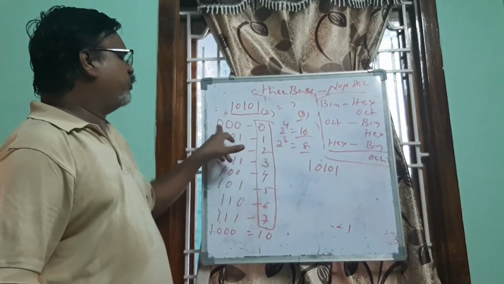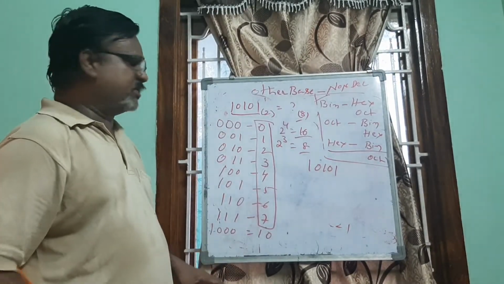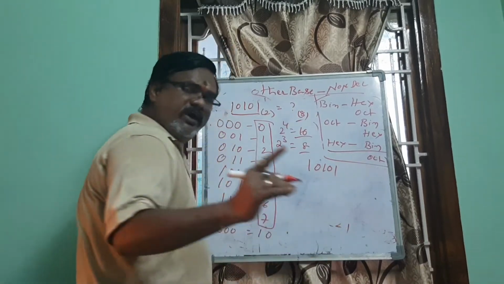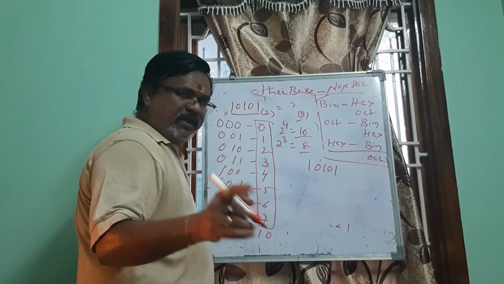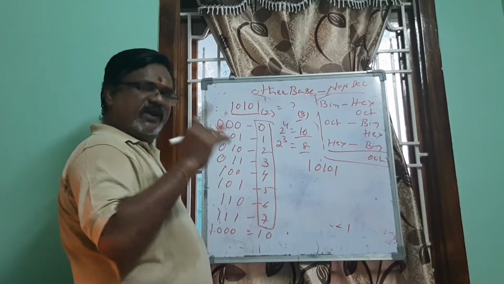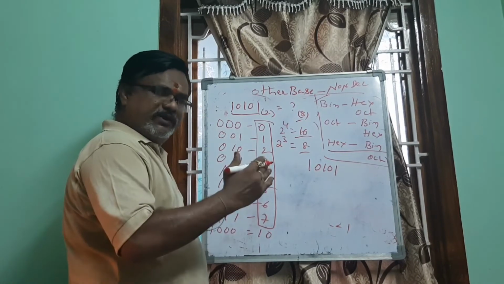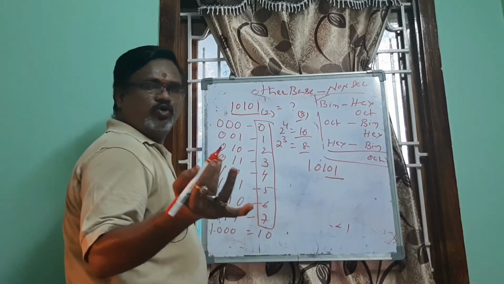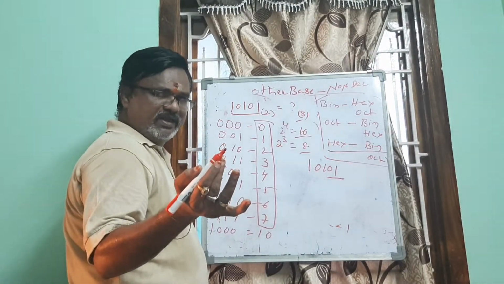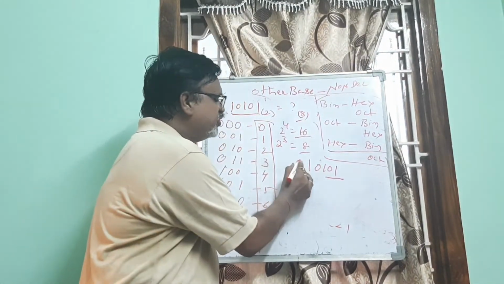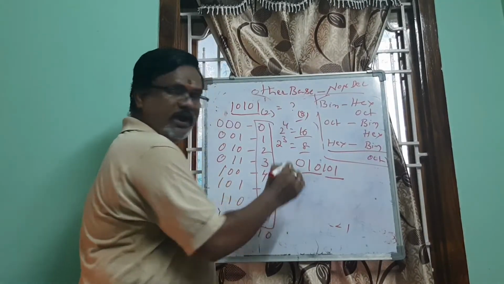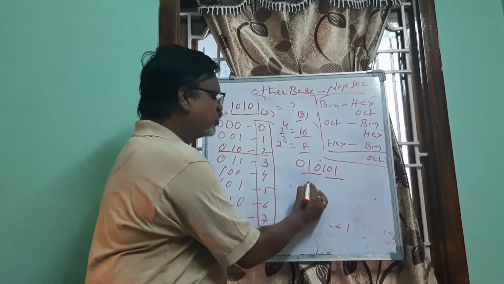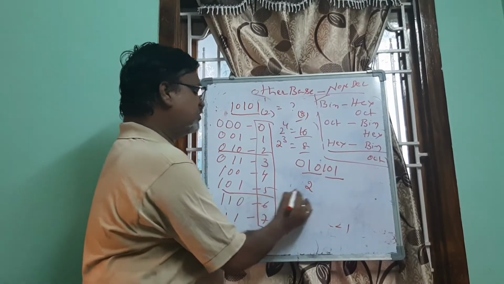You need to have 3 positions for getting 8 combinations. Now, group of 3 I told you. So always you are grouping from LSB to MSB. That is the basic principle you have to remember. LSB to MSB. Here, this is 1. Here, 2 bits are there. Padding. Again padding, I told you in the hexadecimal. You put 0 here, then group it. So this will be 0 1 0 is 2, 1 0 1 is 5.